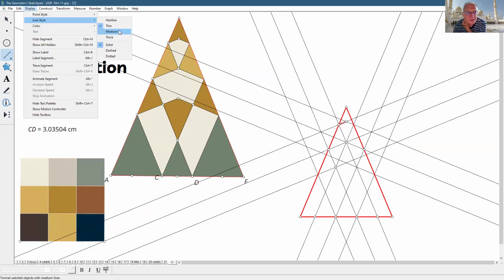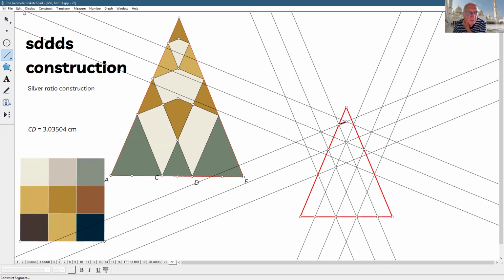Display line style medium, you can make them blue if you want, or black, and then go this way, this way, this way, and this way, and then this way, and then like this, and then like